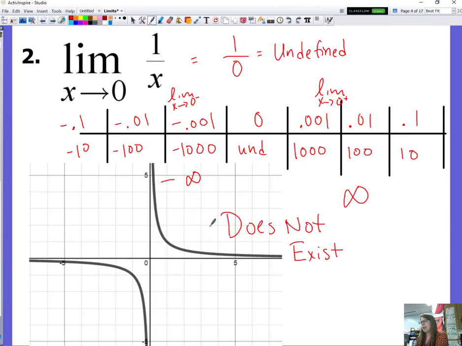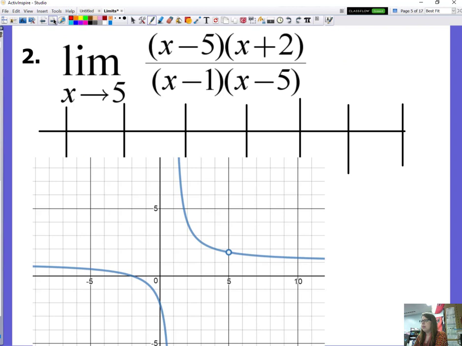And then we could look at it graphically. This one's going up forever, this one's going down forever, just to be 100% clear. So you can look at plugging it in, you can look at the table, you can look at the graph. Okay. Then we have